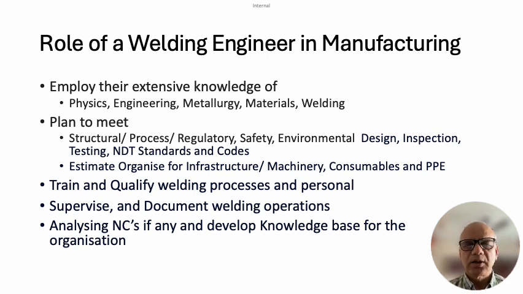like we will be writing down the speed, whether it is manual or automatic, and then we are going to convert this into the non-essential variables, like how we are going to do the edge preparations, how we are going to do interpass cleaning, the placement of beads in layers and passes, then how are we going to dress up the welding, if there is going to be any repair, how are we going to gouge, which process we are going to use for filling up that repaired portion after gouging. All that will get listed into our WPS,